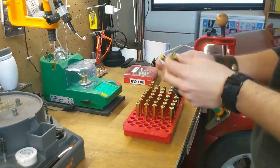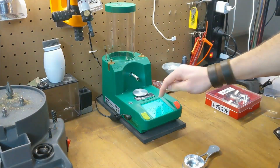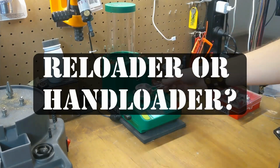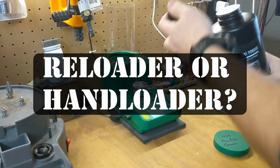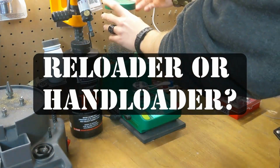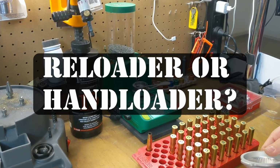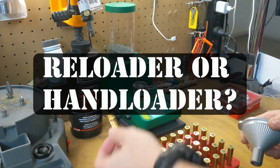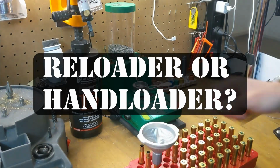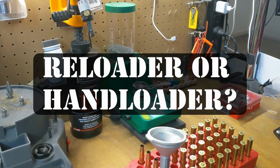So I want to cover a few common questions about reloading, just to start with, as a little introduction. There's two terms thrown out there, reloader and handloader. And if you're someone from the outside looking in, that may be a little confusing. As a general way, I've always seen it, a reloader is reloading ammunition, not necessarily to be incredibly accurate. Maybe they're just loading plinking ammunition to save money,